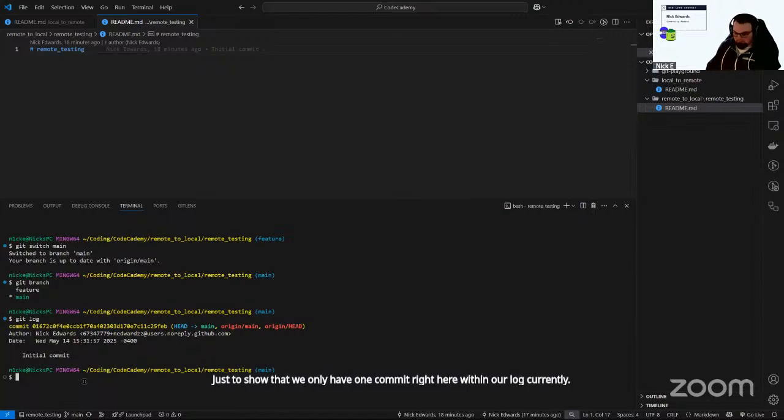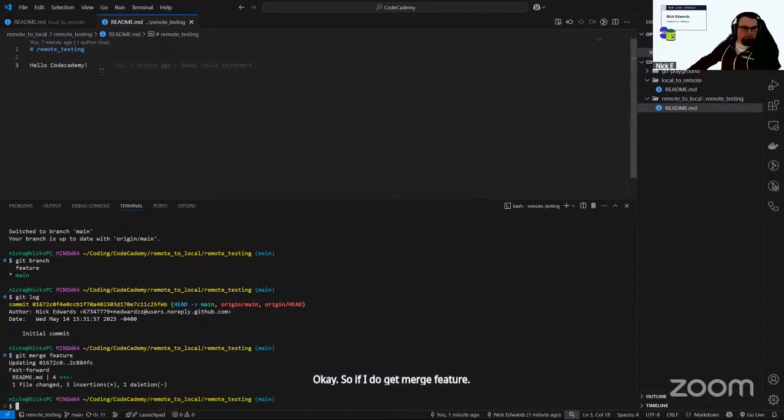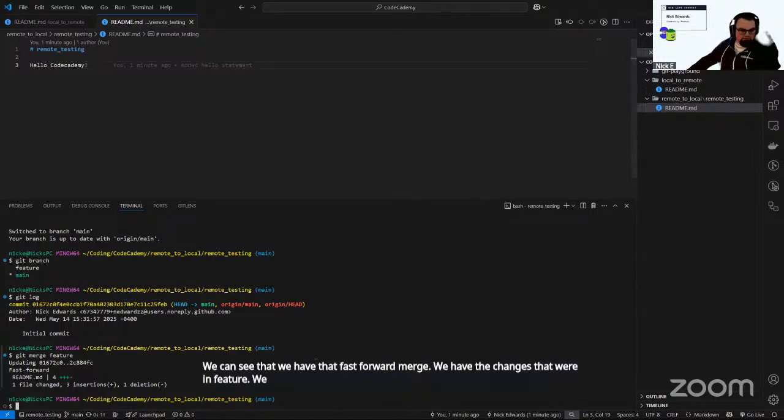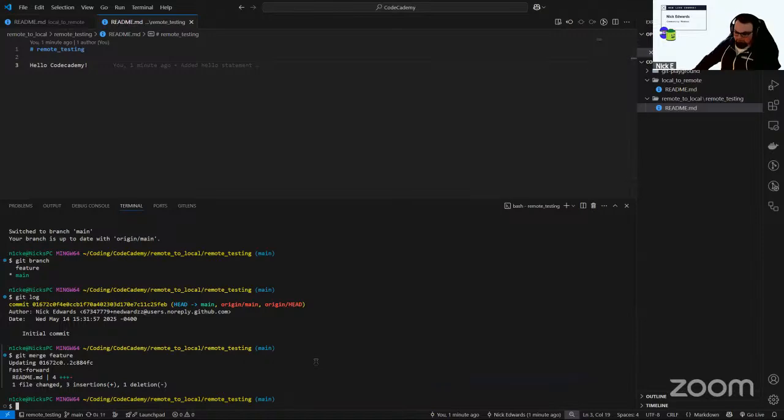Okay. So if I do git merge feature, we can see that we have that fast forward merge. We have the changes that were in feature. We just merged them to main. They now exist. When I use git log again, you'll see just the two commits.